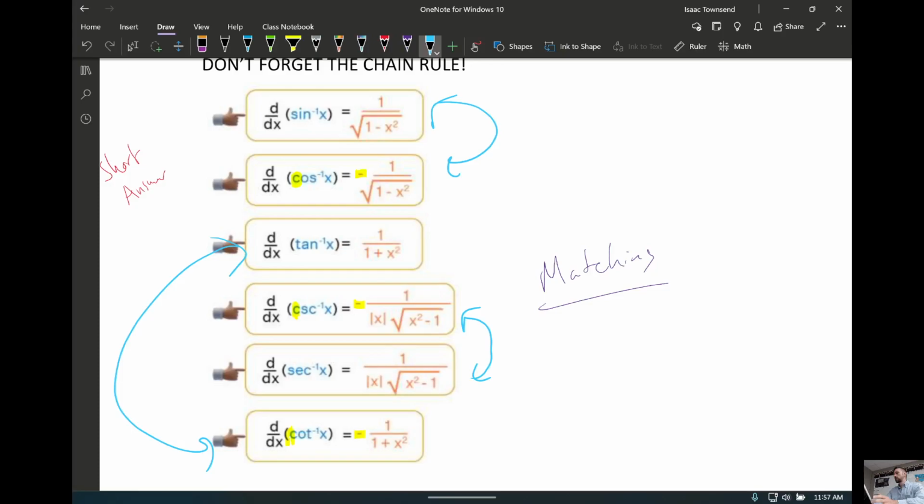So it's not like there's really 6 things to memorize. It's like memorizing 3, knowing which ones match up with each other. The ones that start with the C are negative, the ones that don't start with C are not negative. So,